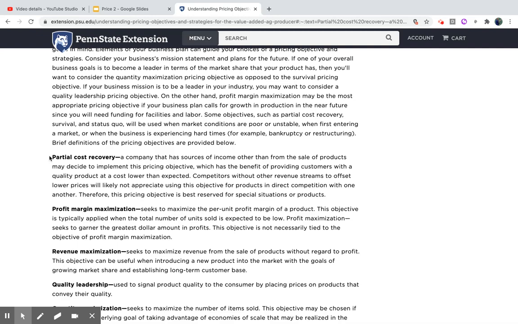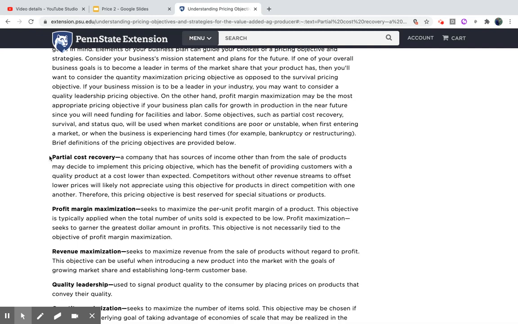So, we're going to price our items so that we can get some of the money back. So we're going to cover some of our costs, some of our expenses. We might not cover them all because we're going to be selling other items that we're going to be able to get our money back from. So this really works well in a situation where we have a big corporation selling multiple items. I might lose some money on product A, but I'm making it back on product B.